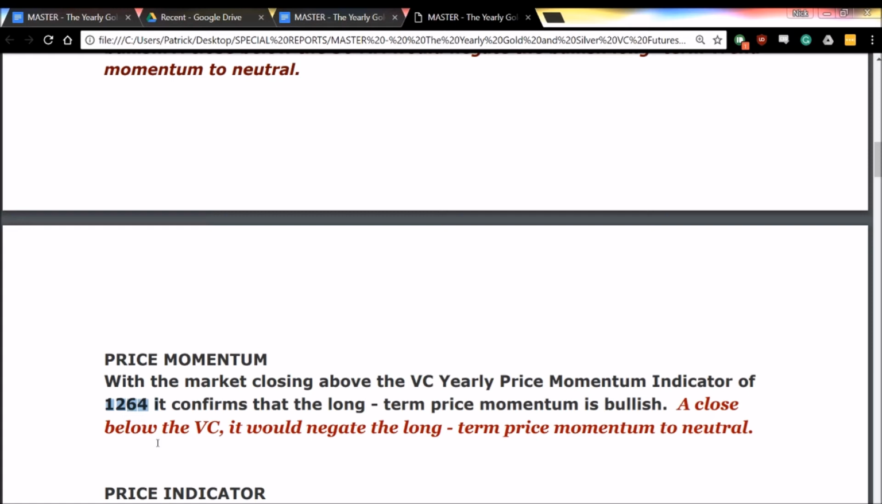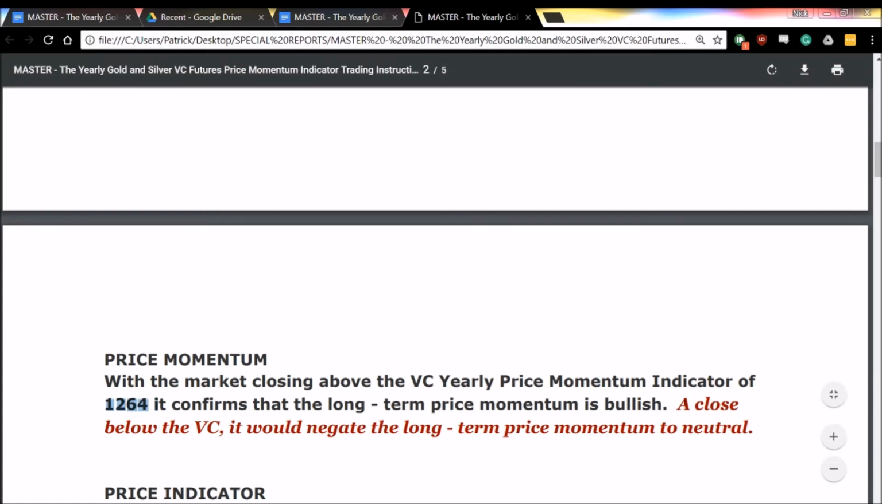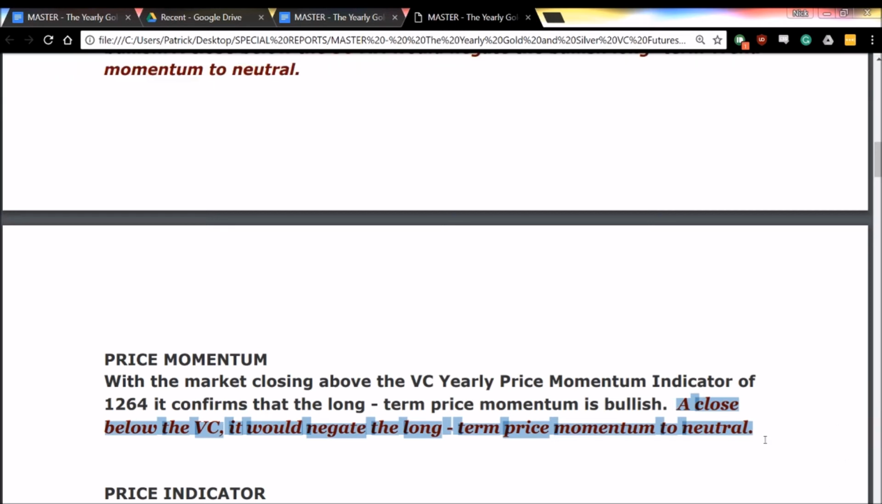It also tells us always that if it closes below 1264, or below the VC yearly price momentum indicator, it would negate the long-term trend price momentum to neutral. So this is another pivot point that the market has been able to identify for us as we move into